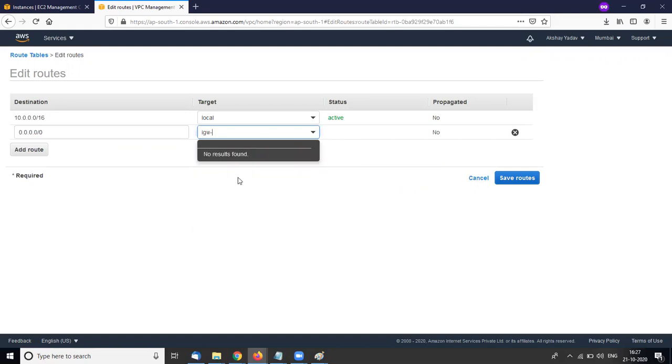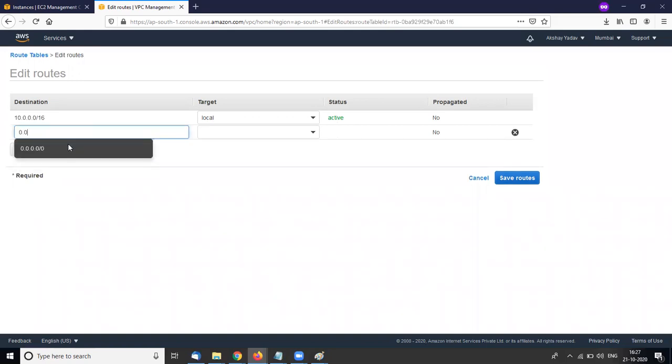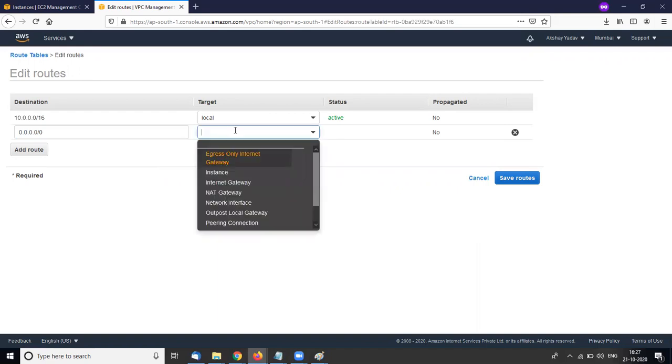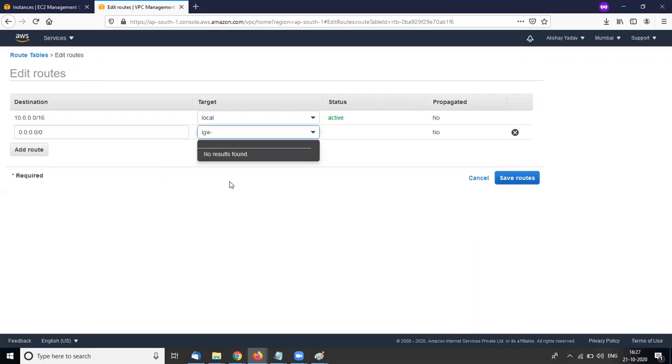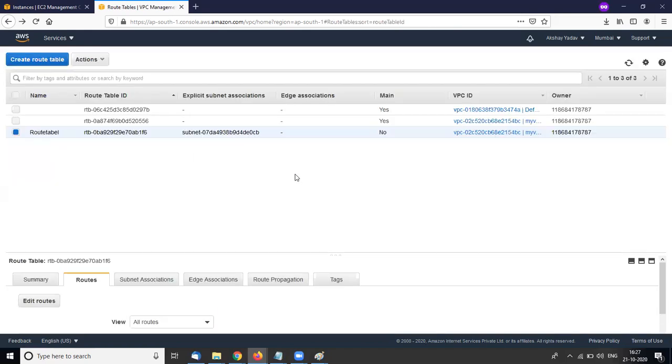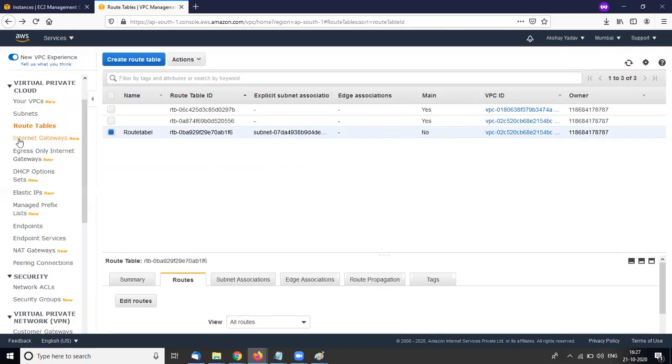Internet gateway not found. Add route, 0.0.0.0, internet gateway, it's not found. It takes some time.